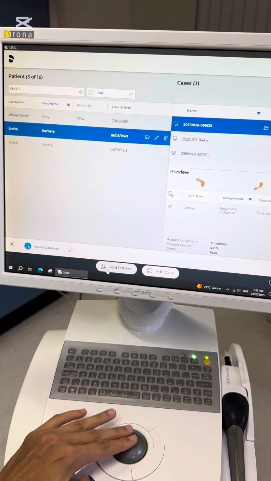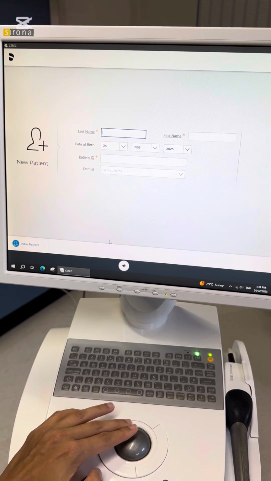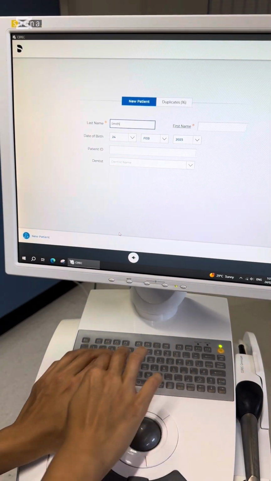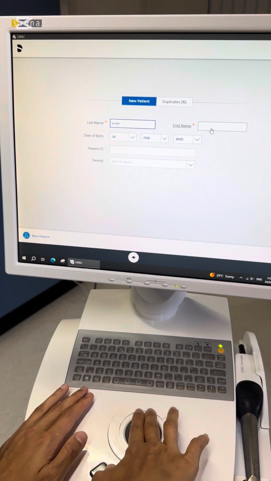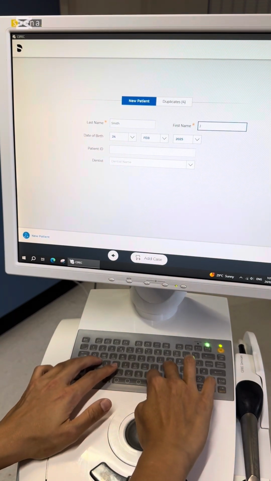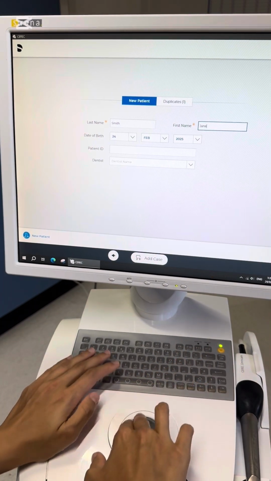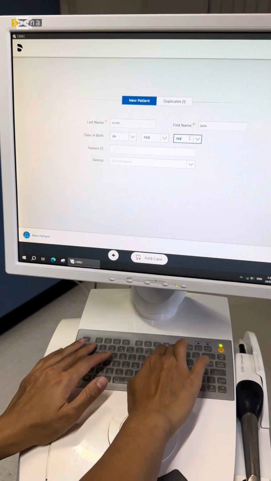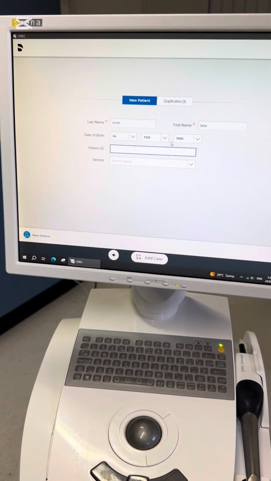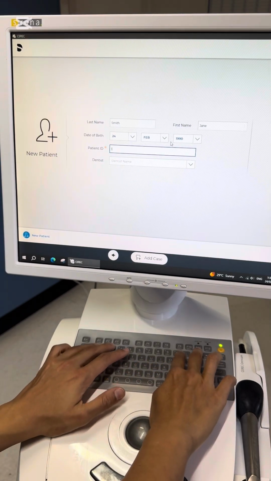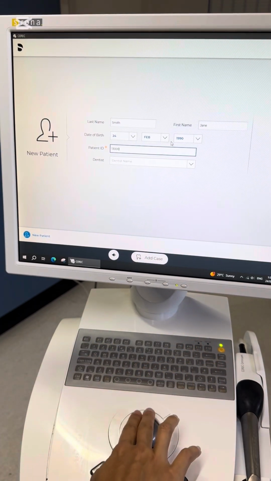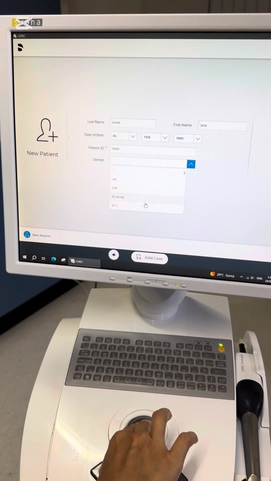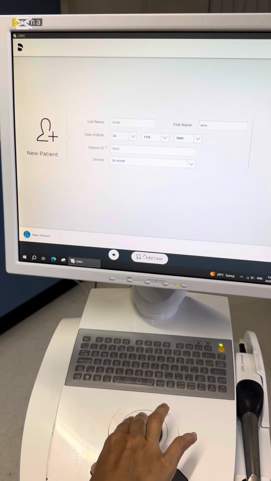So now we go to add patient, and we add the last name. It's really important the spelling is correct so that we can find the patient later. And the first name, and date of birth, and patient ID, which will be the chart ID in the system in Dental for Windows. And then dentist name, so you just click the down arrow and select on the dentist. And then you go to add case,